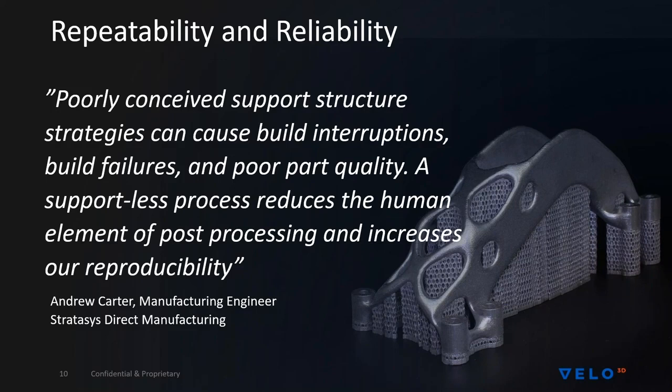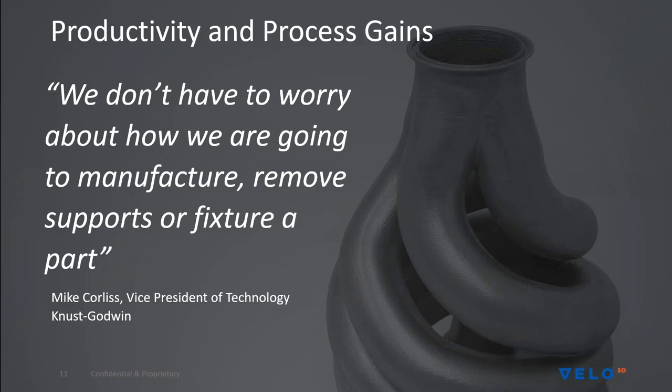I'm going to move on to productivity and process gains. And this applies to a lot of different areas. In the white paper, Mike, you mentioned engineering efficiency, more productive. And then you got your quote here: we don't have to worry about going to manufacture, remove supports or fixture apart, which you've already made that statement. Others commented that it